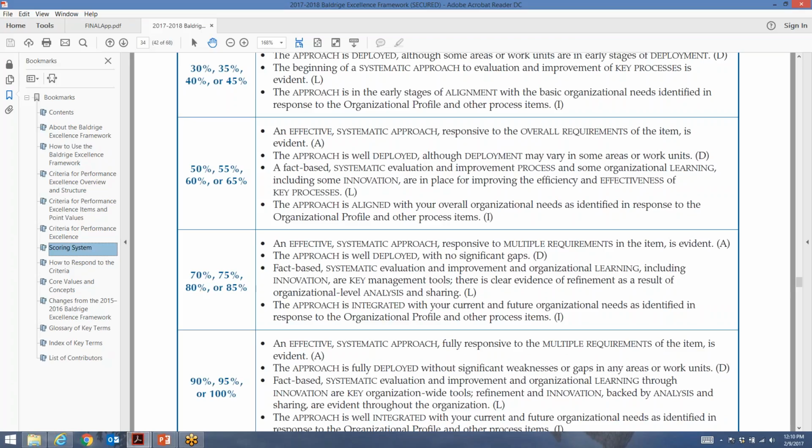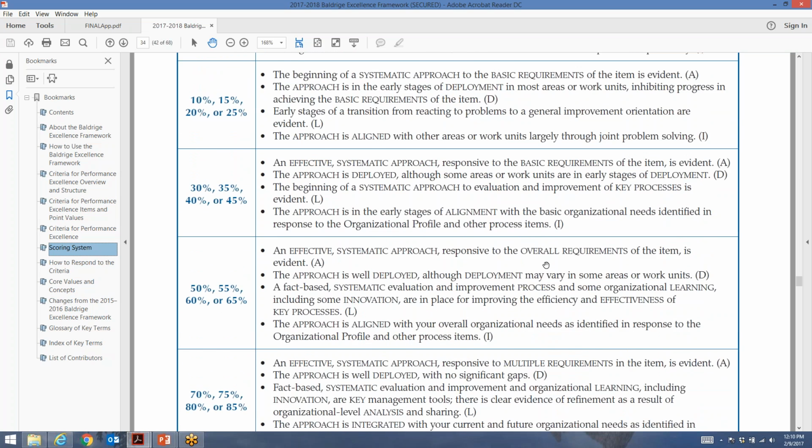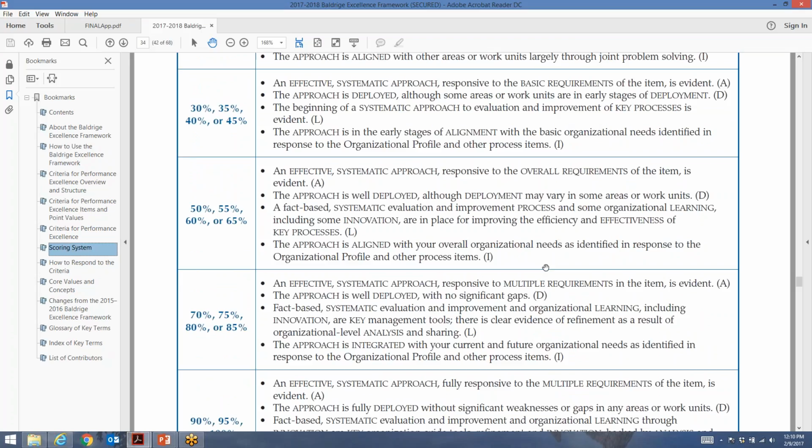I'm going to write. I'm going to come back and check it. I'm going to write. I'm going to come in. And so it's a PDCA in itself. But make sure you come back to that scoring range. Okay, so enough said. So basic, overall, and multiple requirements. Write that down. We're going to talk about that towards the end, coming back to this scoring range language.